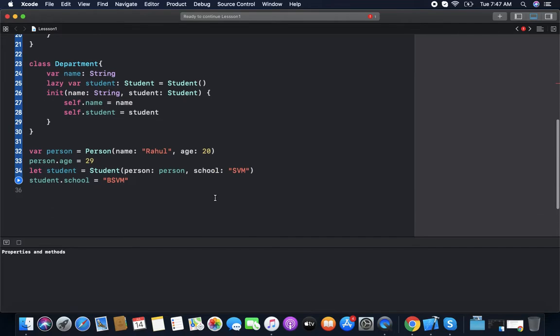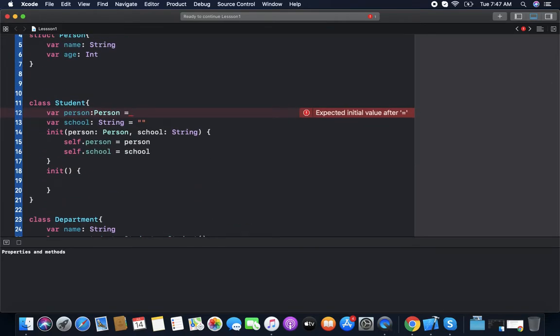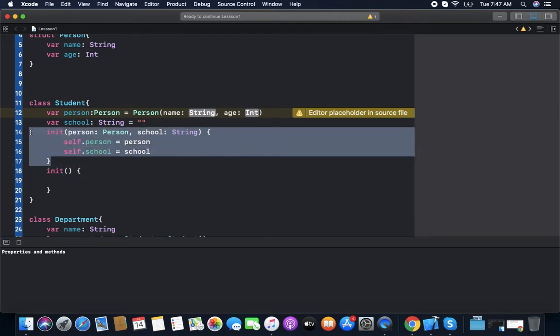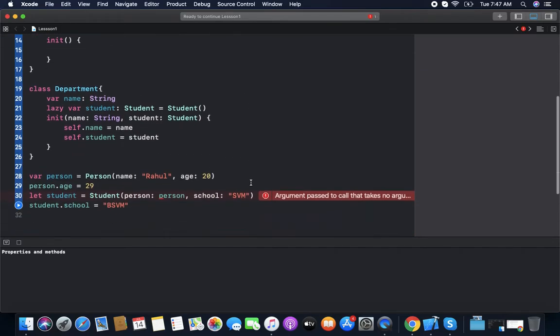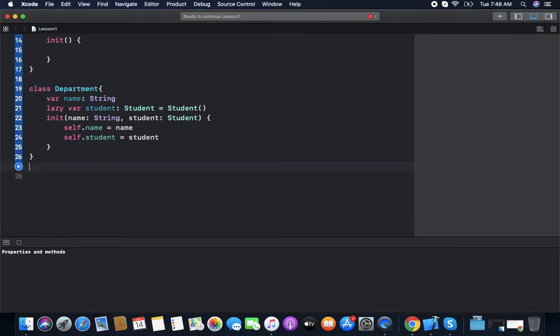We can go with some other example. Now you can see lazy.